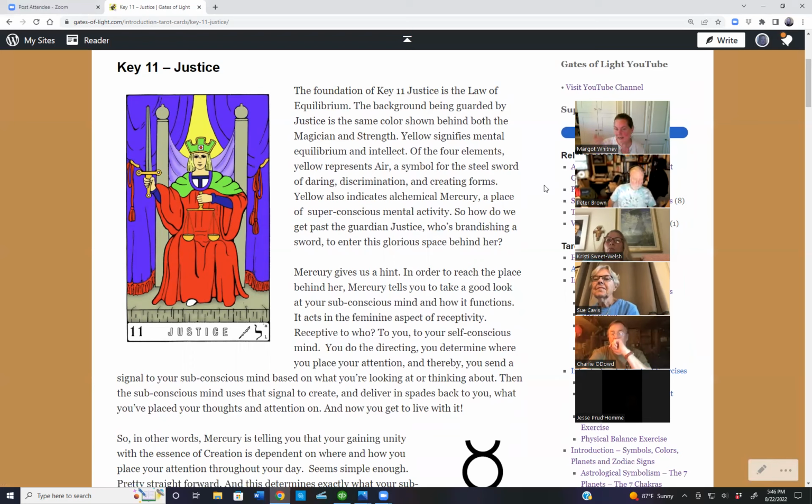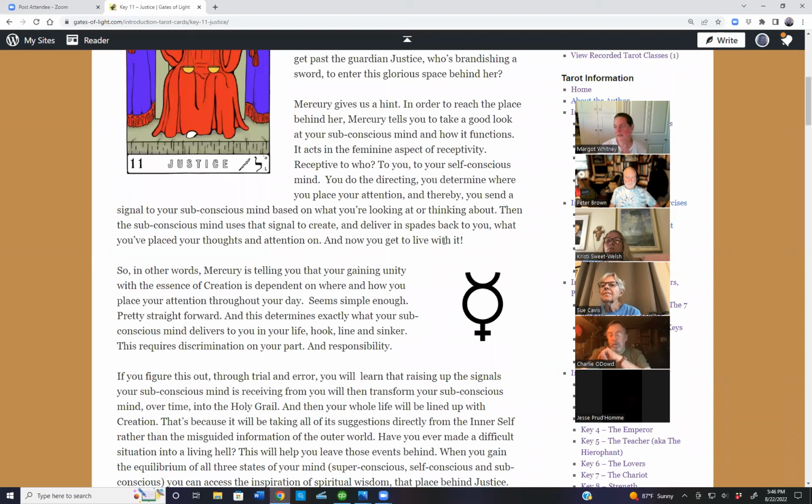Yellow also indicates alchemical mercury, a place of superconscious mental activity. So how do we get past the guardian, Justice, who's brandishing a sword, to enter this glorious space behind her? Mercury gives us a hint. In order to reach the place behind her, Mercury tells you to take a good look at your subconscious mind